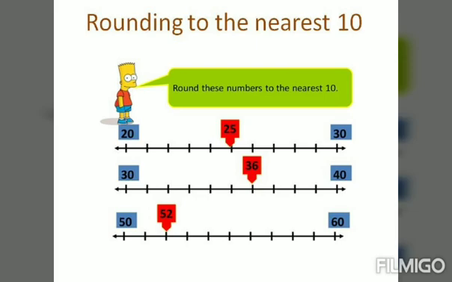While writing the rounded off numbers to the nearest 10, we have to check the ones place. If the ones place value is 5 or more than 5, we have to add 1 to the tens place number. Okay. Then we have to put 0 in the ones place. Then we will get the correct answer. If the number in the ones place is below 5, we have to write 0 in the ones place and the remaining digits as they are. This is the rule we have to follow while rounding numbers to the nearest 10.